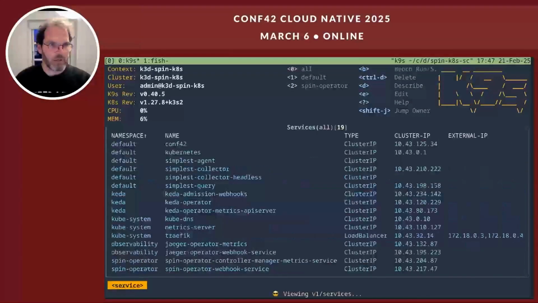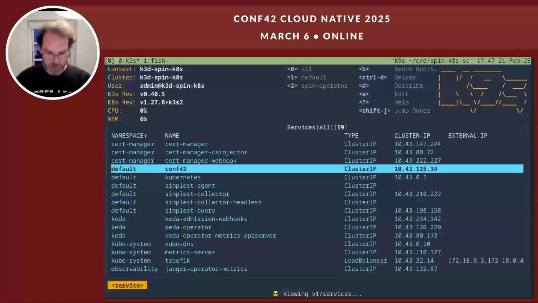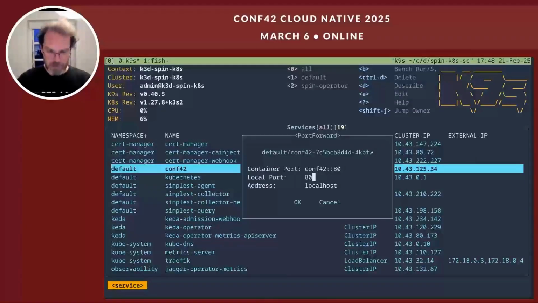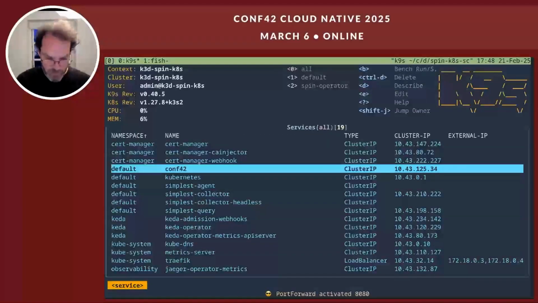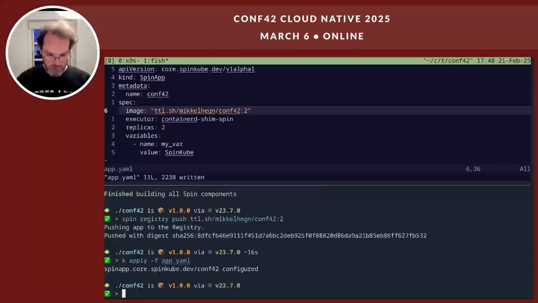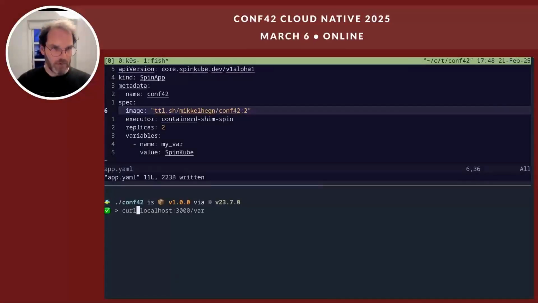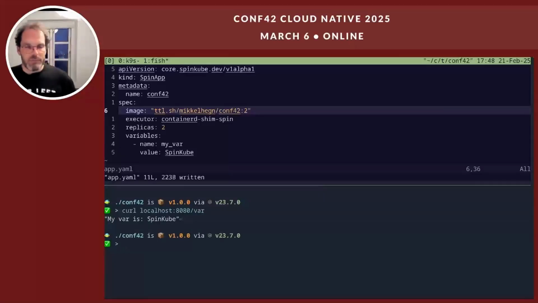Let's go and check if our forward is still set up. It's not. Let's do this. Forward to the service once again. And we can go over here, and we can now curl on 8080, and we would expect to see myvar is SpinCube. Okay, so that was one scenario where I just wanted to show how variables can be added